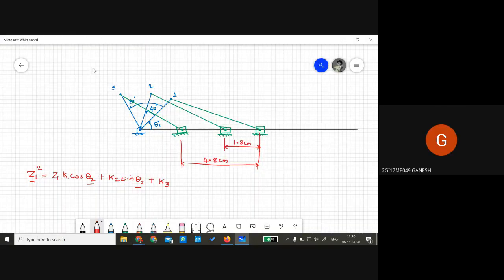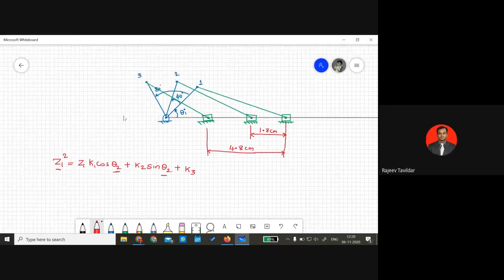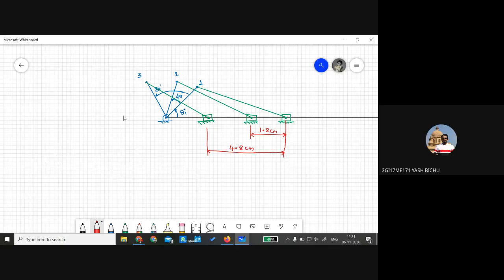No, sir. How do you define the distance Z1? Z1 is from which point to which point? From the pivot of the crank up to the slider. So this distance from the pivot of the crank to the slider is our Z value. So if I take this up to position 1, or this initial position, I can write this as SI. This is our initial position.